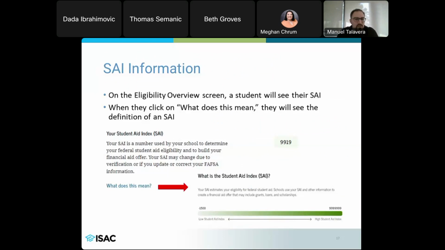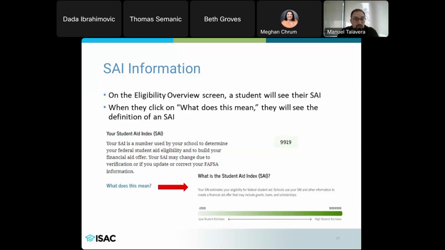And so I tell students all the time, check in, see what it says, have your FAFSA submission summary page open to see if there's anything that you don't remember being on there. Or especially if you're working with a student and you notice their SAI is high and you think this is not correct, or they don't have an SAI, you can go back in to see how they responded to some of those questions.